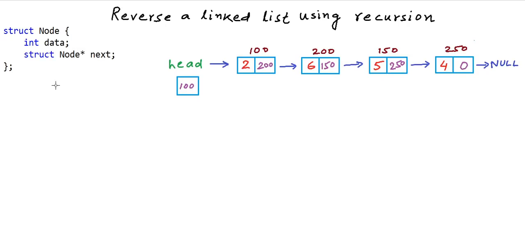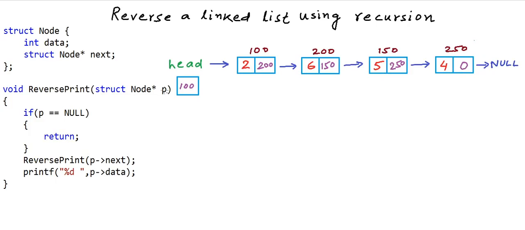In our C or C++ program, programmatically a node will be a structure like this. So let's first look at the function from the previous lesson, the recursive function that was used to print the list backward. To this function we pass the address of a node. Initially we pass the address of the head node, and we have this exit condition. If the address passed is null, then we simply return, else we make a recursive call and pass the address of the next node. So the main method will typically call reverse print, passing it the address of the head node,